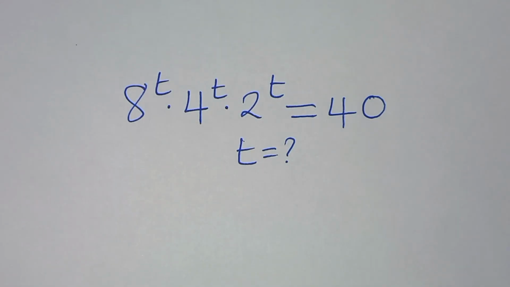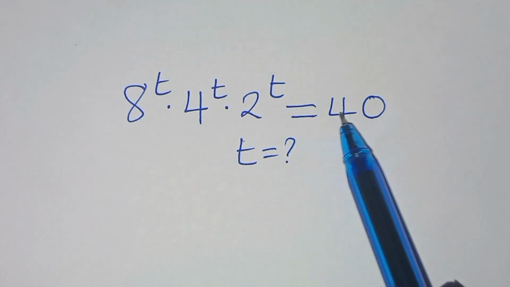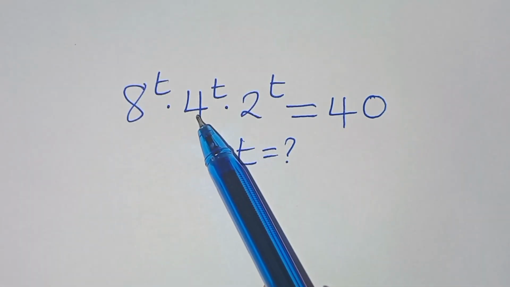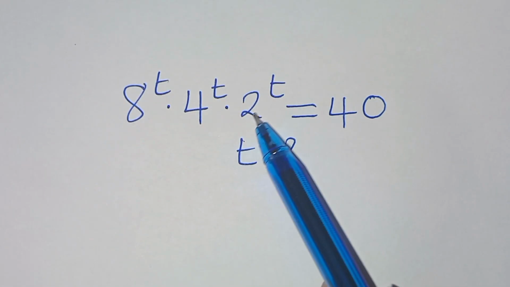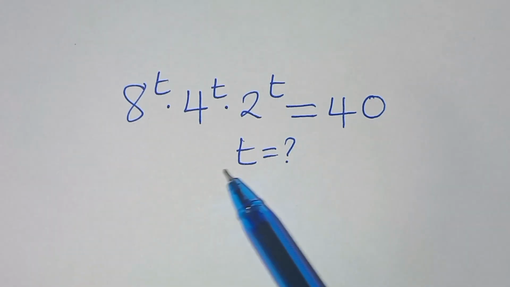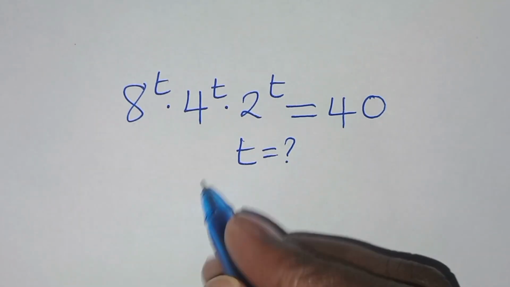Hello everyone, you are welcome to solve this nice exponential equation: 8 to the power t multiplied by 4 to the power t multiplied by 2 to the power t is equal to 40. So what is the value of t? Solution from here,